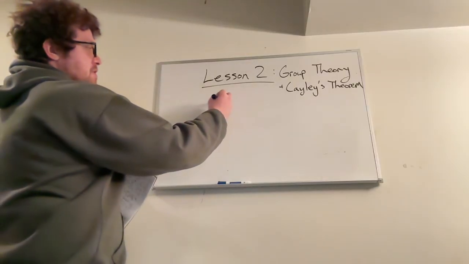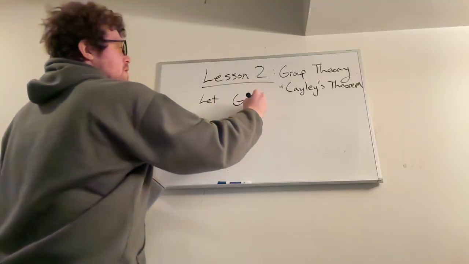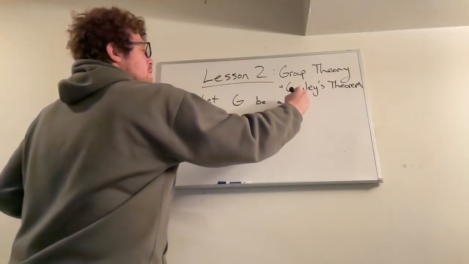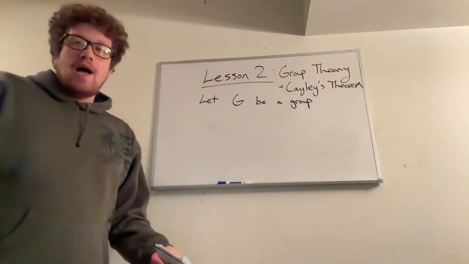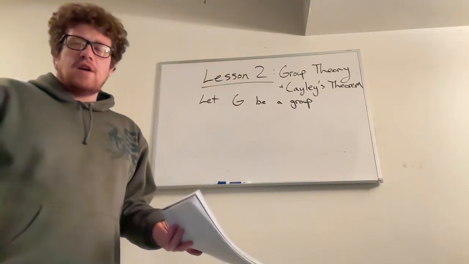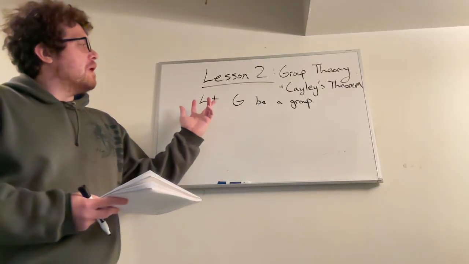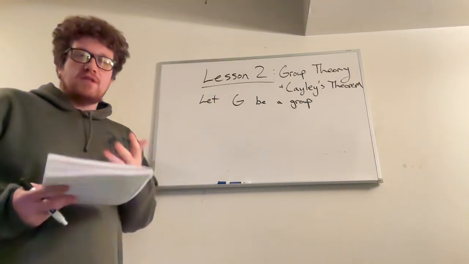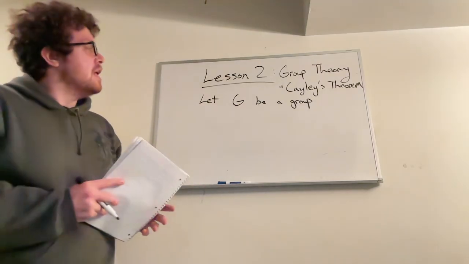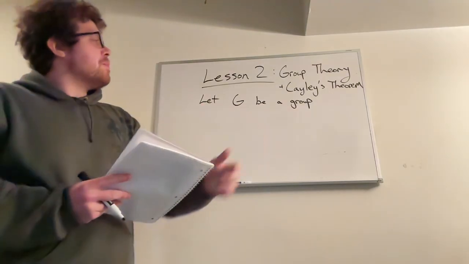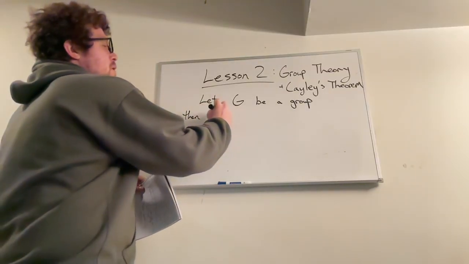So Cayley's theorem says if we have a group, so any group, in particular you might want to think of it as like a finite group, but really the theorem holds more generally. It's just that the symmetric group is a lot more tangible. It's a lot easier to think about when the number of elements is finite. So let G be a group, then there always exists